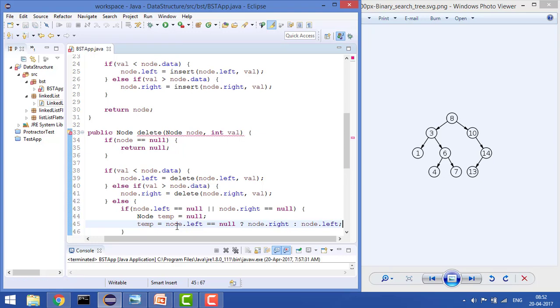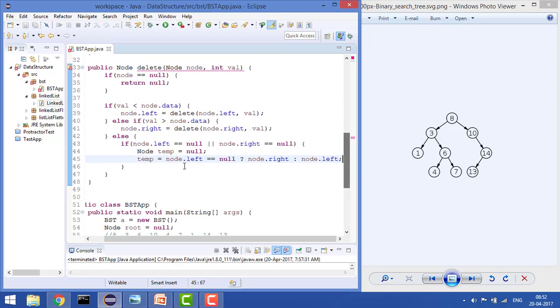Okay, so what could be the possibility? It solves the three purposes. It first checks if node of left is null or node of right is null, or if both are null, then it goes inside this. It checks if node temp is null, then it checks if temp equals node of left is null. So like in this case node of left is null, so it will go to node of right, which is also null, right? So now we check that